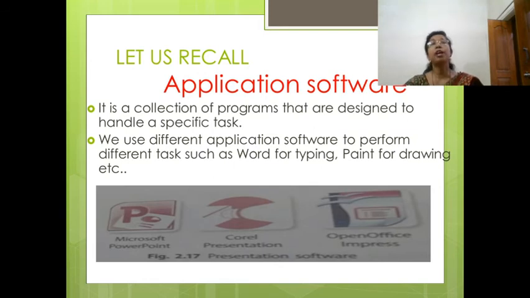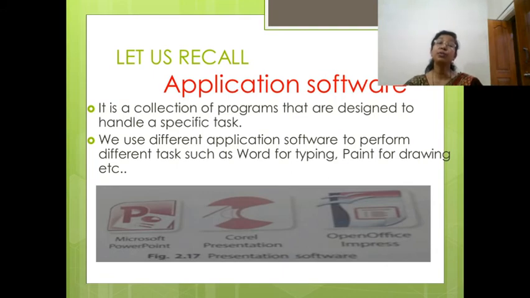We use different application software to perform different tasks, such as Word for typing, Paint for drawing, and PowerPoint for making presentations, etc. It can be classified into general purpose software and customized software.